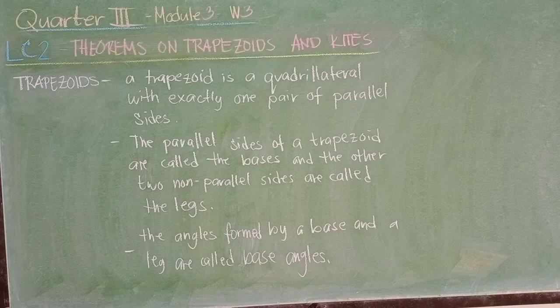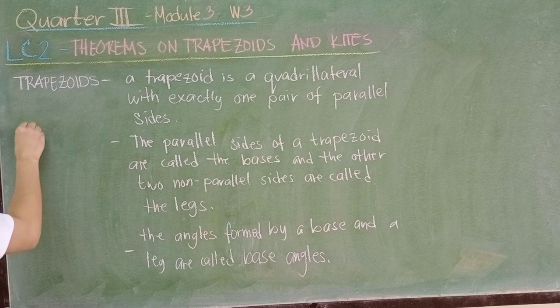So for quarter number 3, module number 3, week 3, this is for the LC2, which is about theorems on trapezoids and kites. So first, let's define what a trapezoid is. A trapezoid is a quadrilateral with exactly one pair of parallel sides. So trapezoids are not parallelograms, because in a parallelogram you must have two pairs of parallel sides. In a trapezoid, only one. So let's say we have